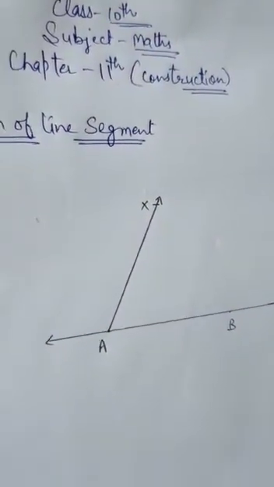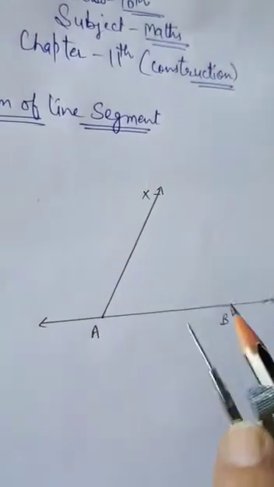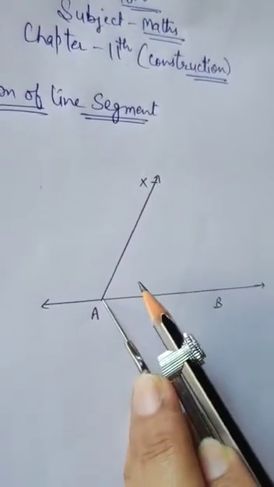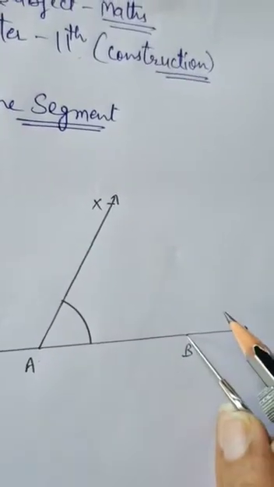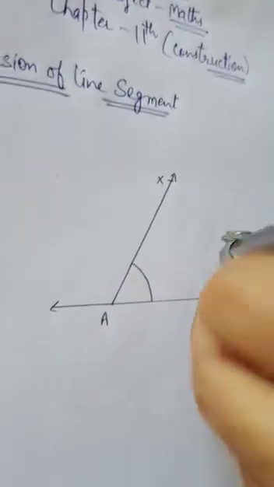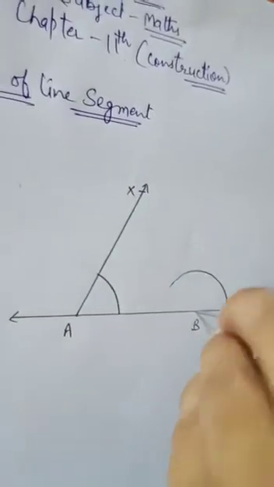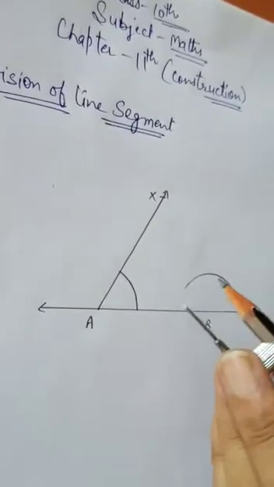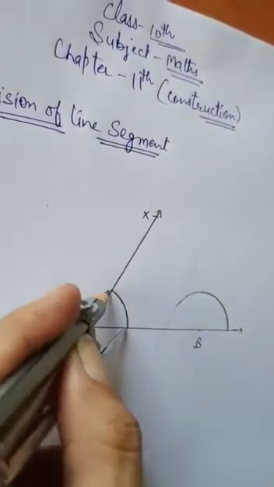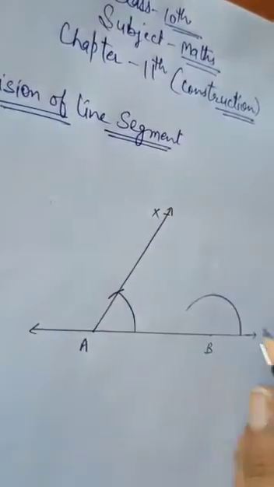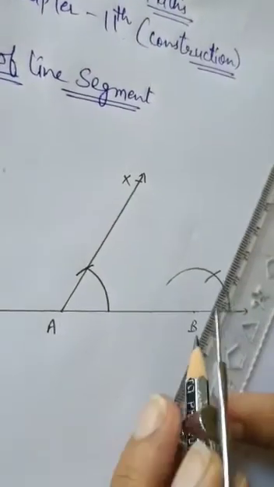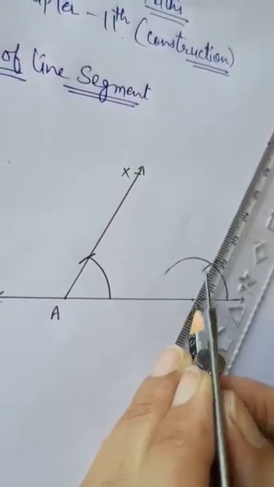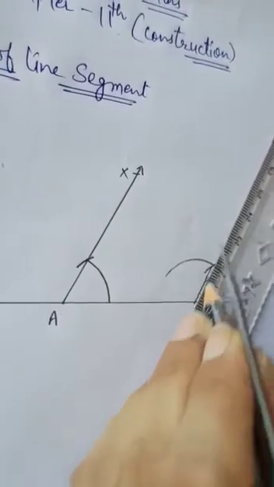By using the compass, firstly we will keep the leg point of the compass on the point A and mark an arc here. The same opened arc we will mark on the point B also. Then, with the help of the compass, we will measure the angle, and then mark the same measured angle at the point B also. Then from the point B we will join it and extend it.